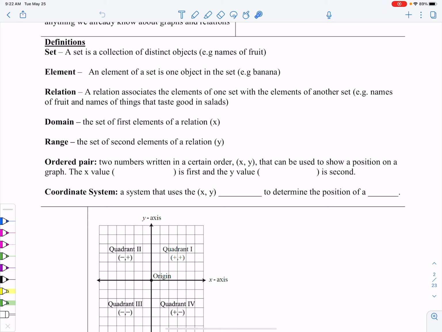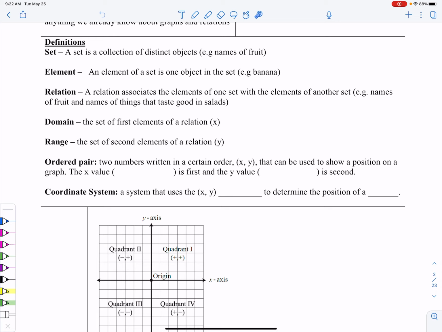A relation associates the elements of one set with the elements of another set. So you can have two categories: names of fruit and names of things that taste good in salad. Okay, and they might relate to each other. Then we have our domain. This is the first set of elements in a relation, so all the X's. And then we have the range, the second set of elements in a relation,